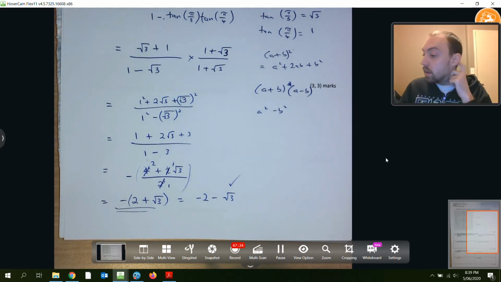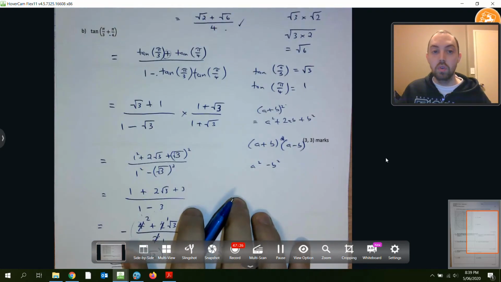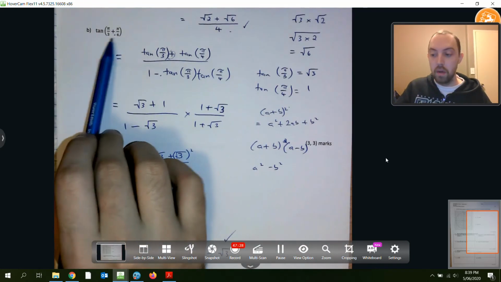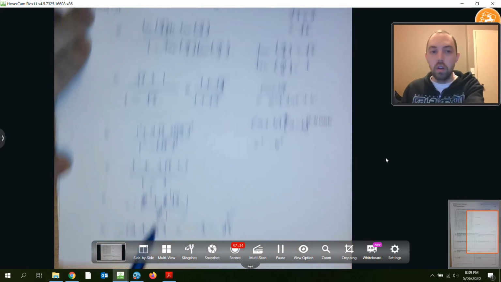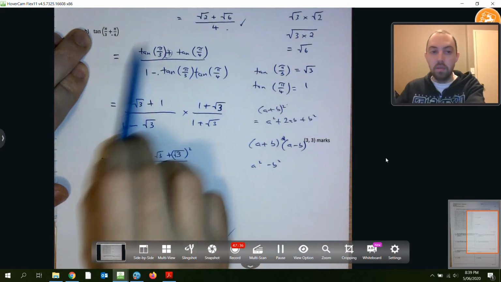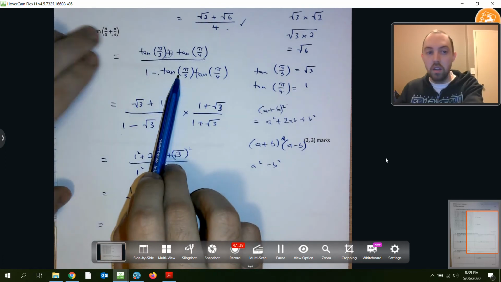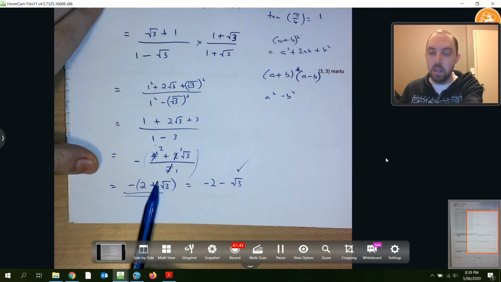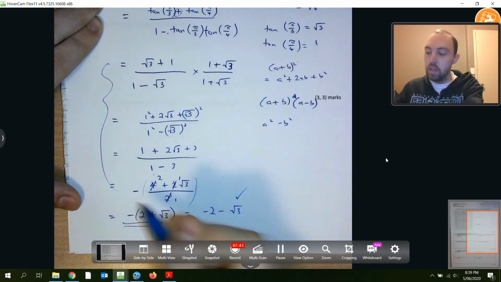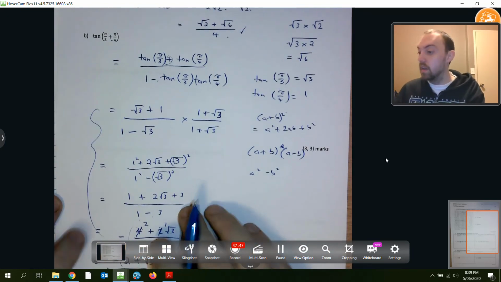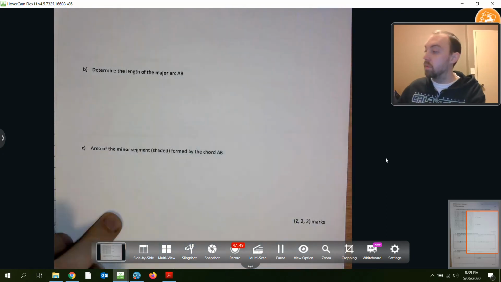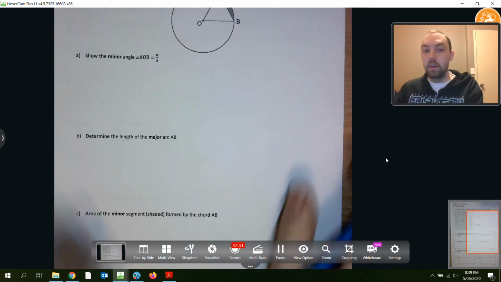Again, because it is the calc section, you could get some marks by taking this and jumping straight to here. Or if you knew this part, expanding this and then taking that and again jumping here. The work in between is a lot to do for 1 mark, honestly, but that's what it is at the moment. So